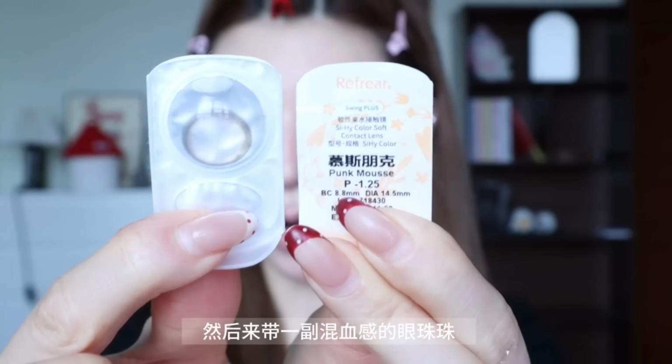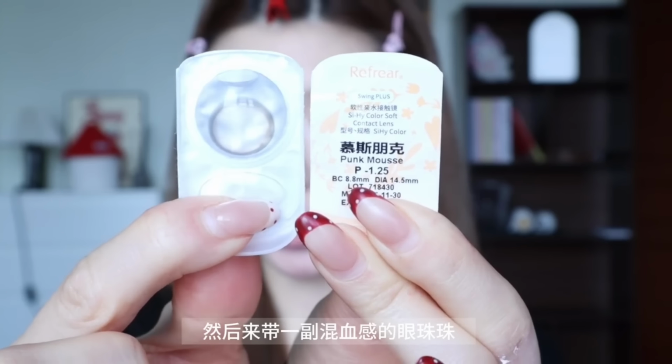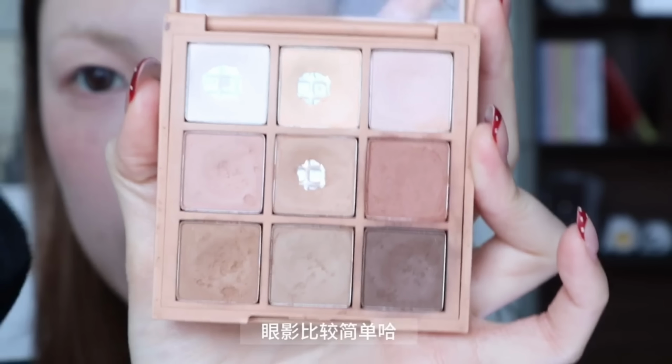She then pops in a pair of colored contact lenses to lighten her eye color, a gray lens with a subtle blue-gray ring. It adds to that Wasian vibe instantly, but if you're not into wearing lenses, it's totally fine to skip this step. Moving on to the eyeshadow, she starts with a nude shade to even out the skin